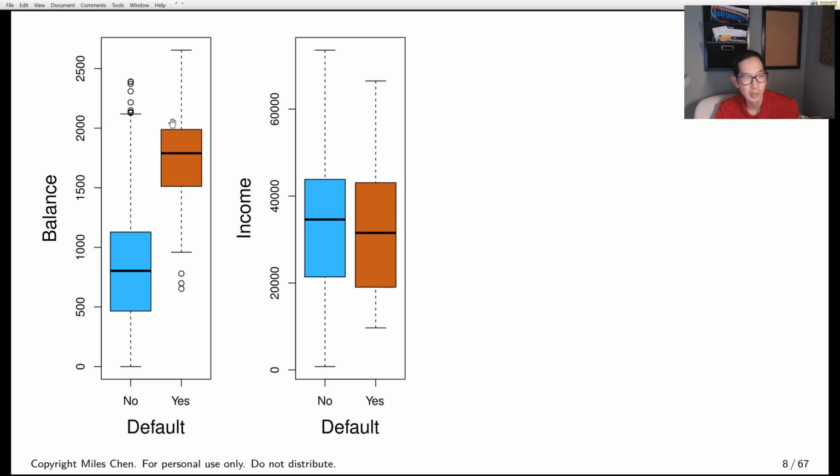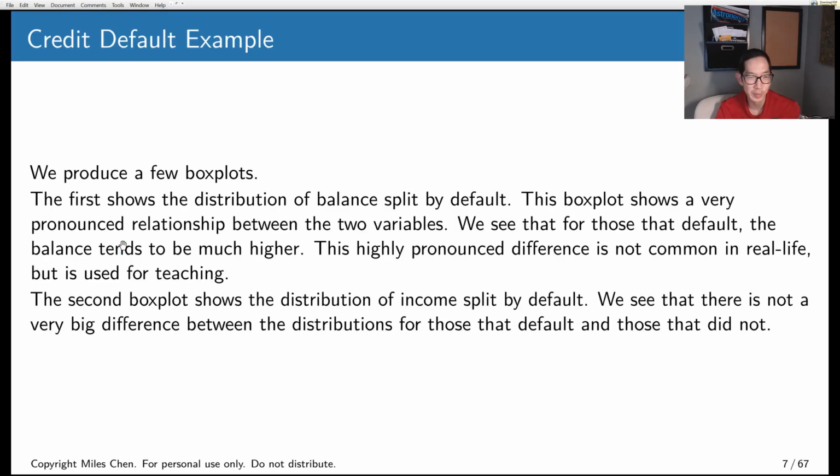Their IQR goes from around 1,500 to 2,000, so around 500. And this is kind of the values. For those who didn't default, their balance is much lower. Their entire box is over here. Okay, so we can see that for those that default, the balance tends to be much higher. And there's this very strong difference